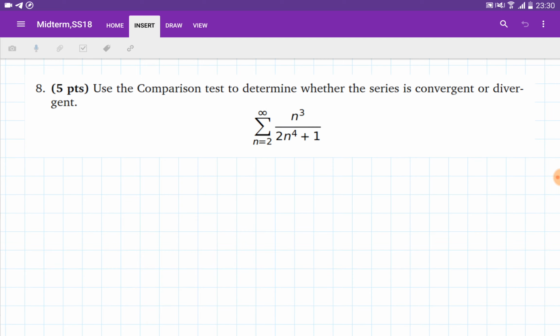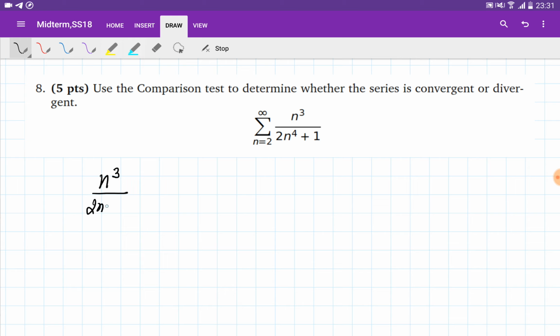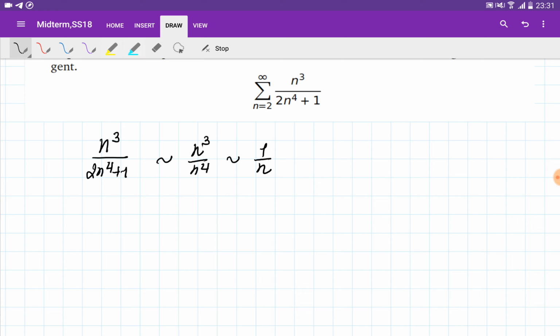Problem number 8. We need to use a comparison test to determine whether this series is convergent or divergent. So the series is n cubed over 2n to the 4 plus 1. So I think the series is very similar to the n cubed over n to the 4 series, which is very similar to the 1 over n series, right? So what I need to do is I just need to show that the series is